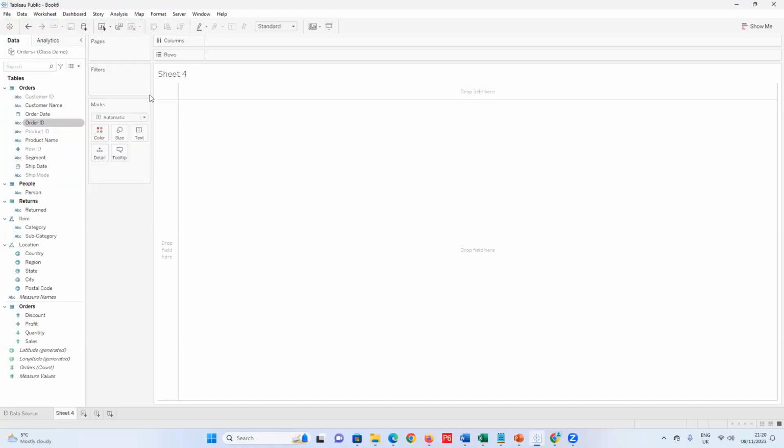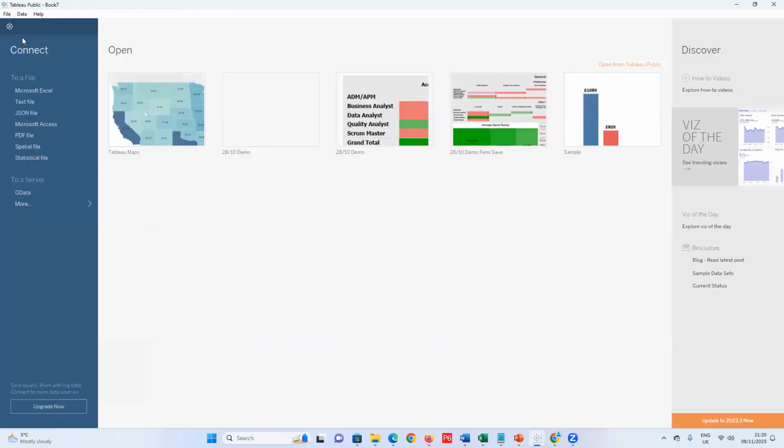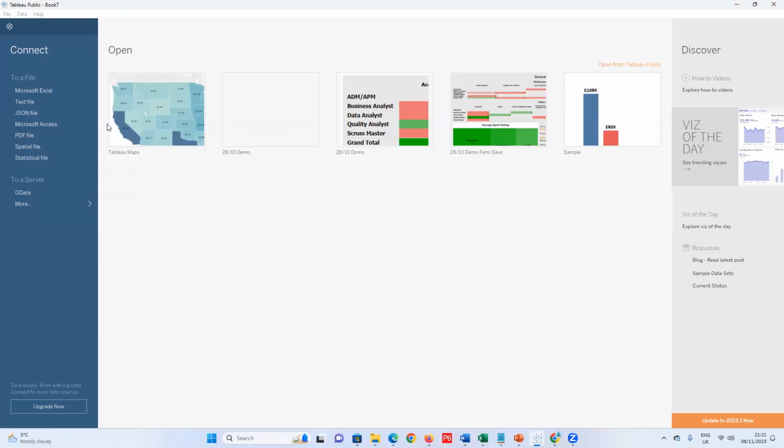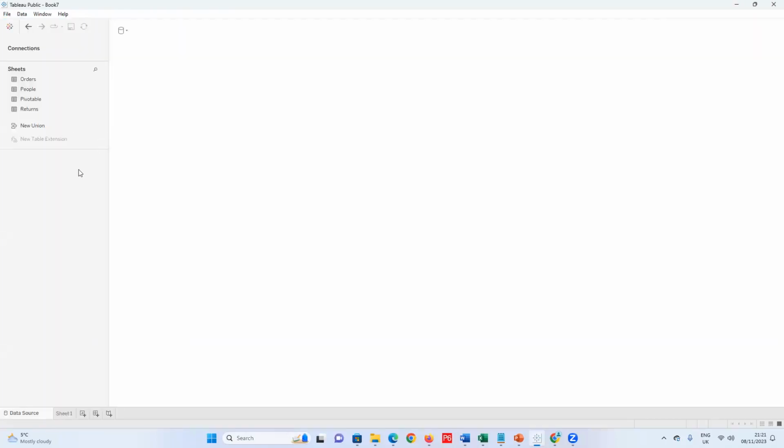So I'm going to close this, right? And I'm going to connect to a new file. I think the file is in Excel. I can't even remember if the file is in Excel. So we'll add the file. So you connect to the file. If it's a text file, or if it's the Excel that you have used to connect, just connect to the file. Once you connect to the file,